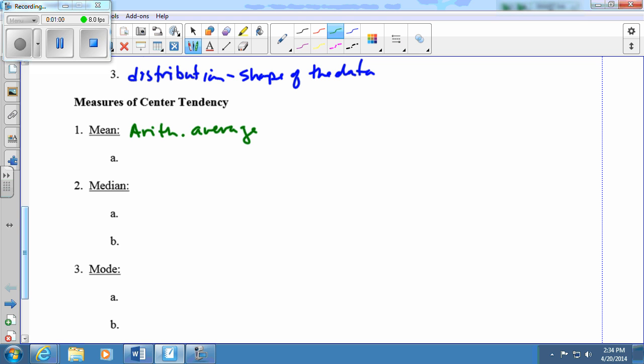So we have to be careful when we say average. There are 3 values that may or may not be the same that would be constituted as an average. But when we look at the mean and look at its average, we know that it is a balance point. We'll be doing an activity in class that will show you how this is a balance point. One thing we have to note about a mean is that it is affected